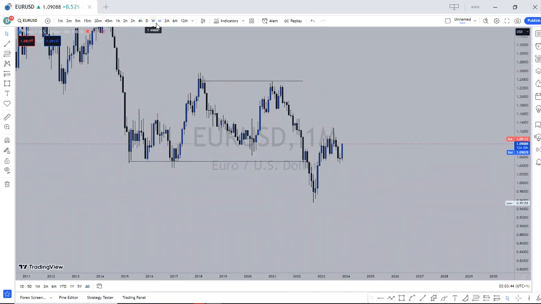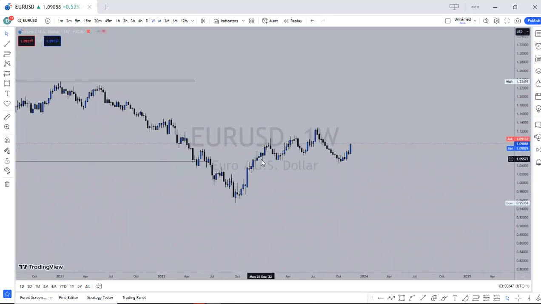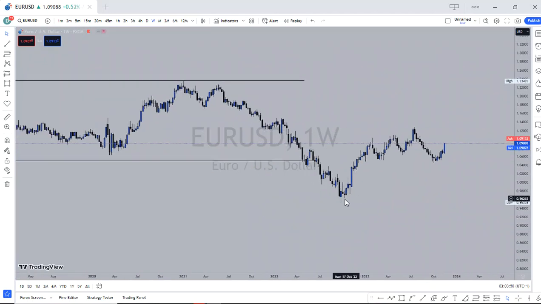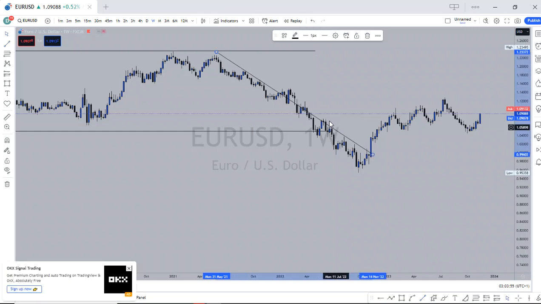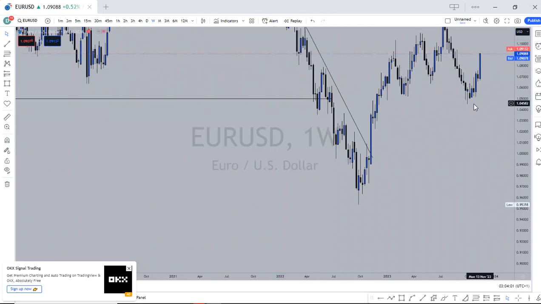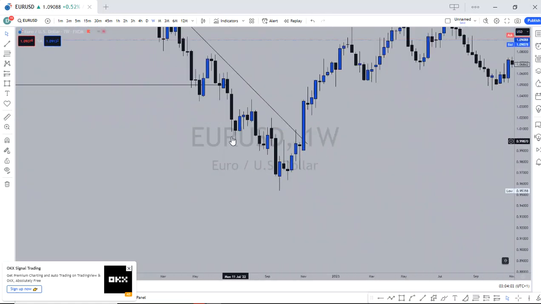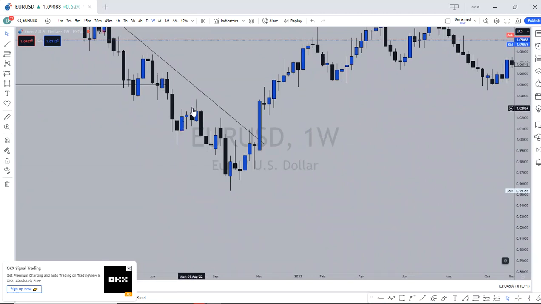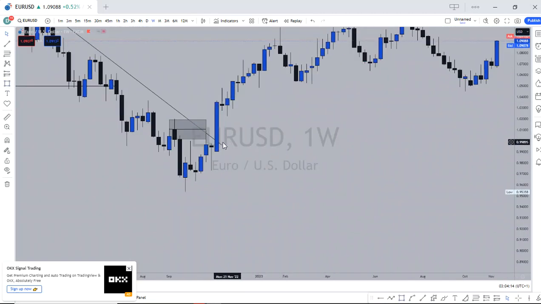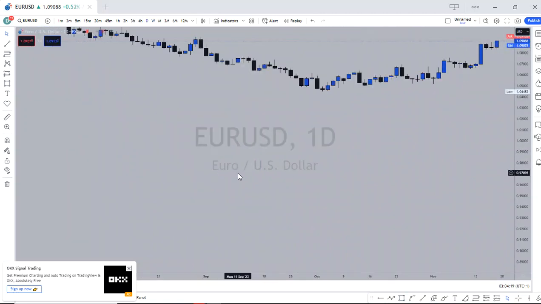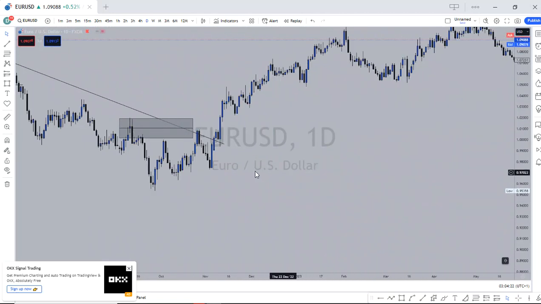Now, if you run down to the weekly time frame, we had a structural shift right here. So you can see that while trading lower, it's been trading in where? In a liquidity pool, right? A range market where we're having the buy side liquidity pool. Now, after support is taken, we are trading lower. Right now, we are waiting for the confirmation to show us a structural shift. Right now, we have the price traded into the supply level, right, and then it violated it. So the confirmation was seen on the daily time frame, right here.